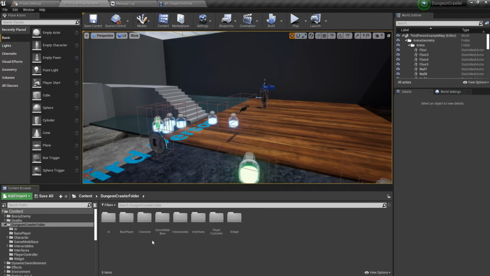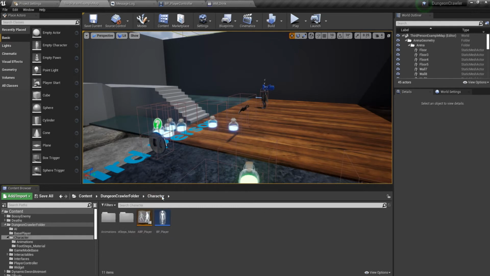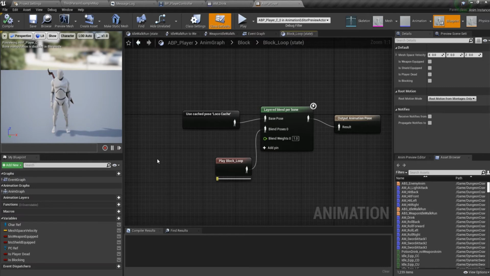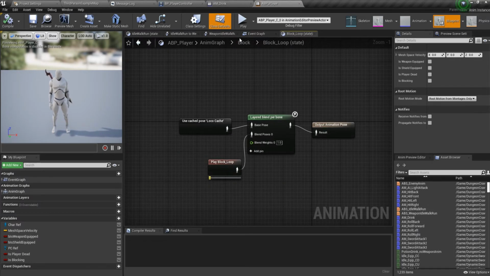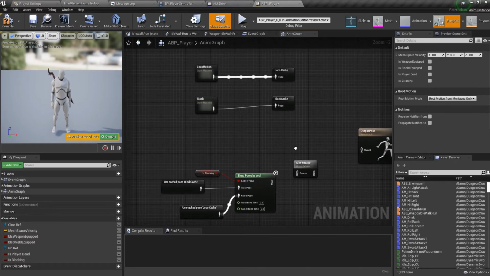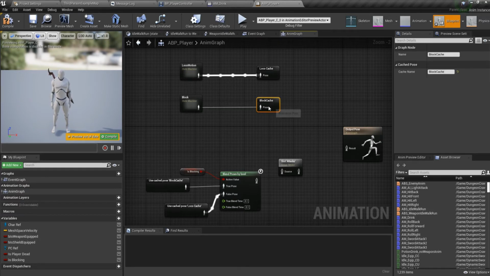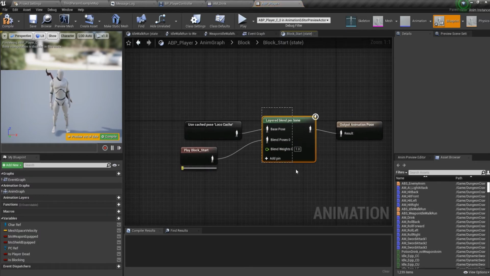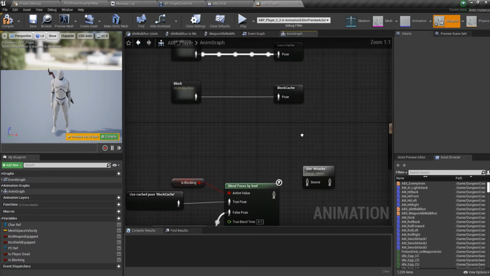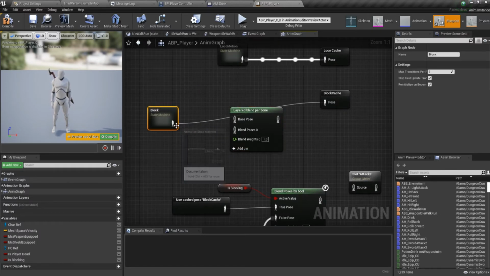So let us go to our character and animation. Over there we can open up the montage and choose the slot, and let's go to our ABP player, and in our anim graph what we'll be doing is, since this one has a layered blend, so I'll just use this one and